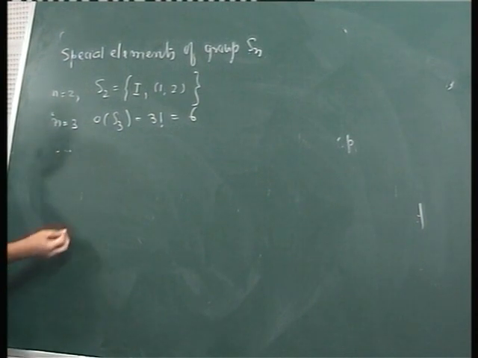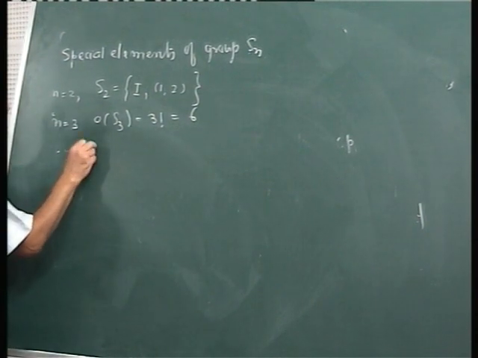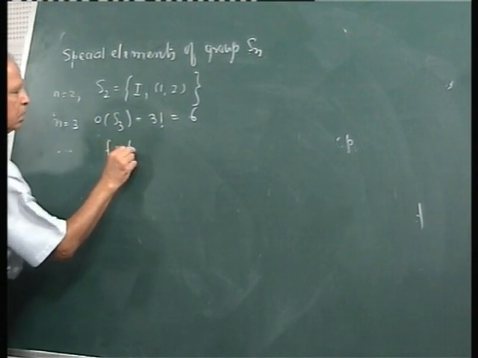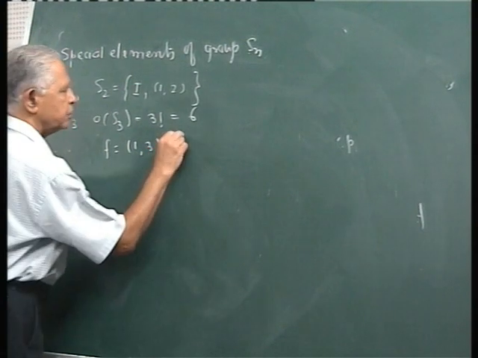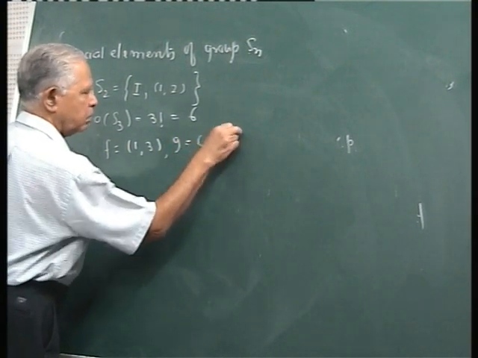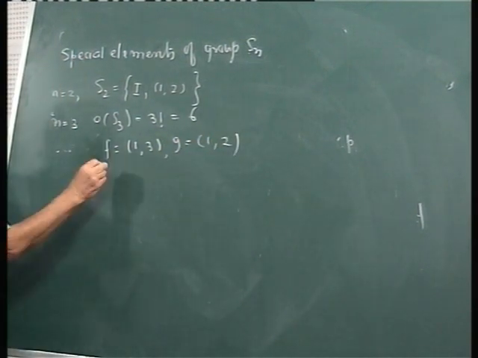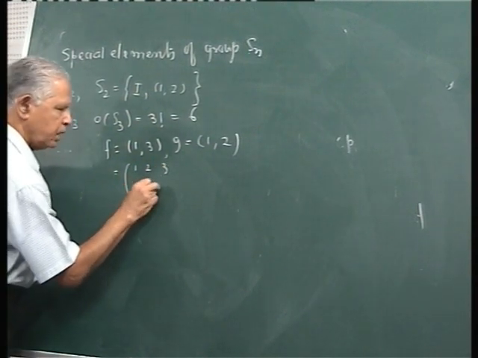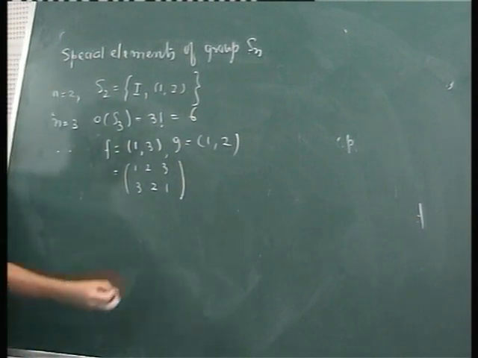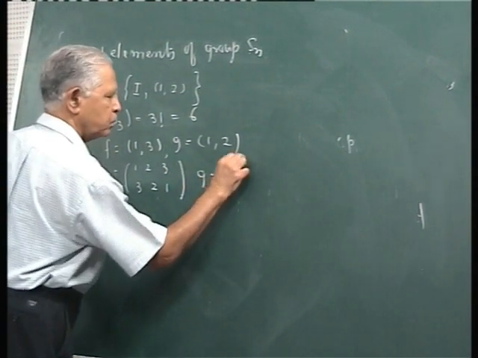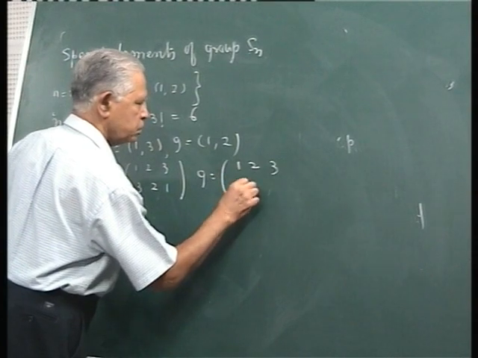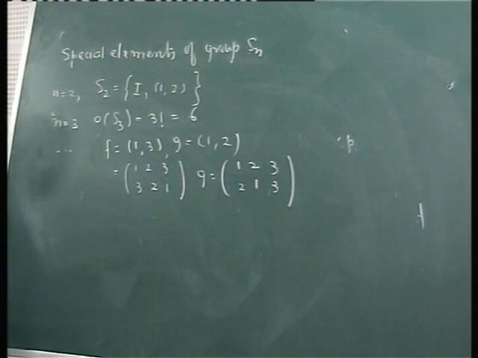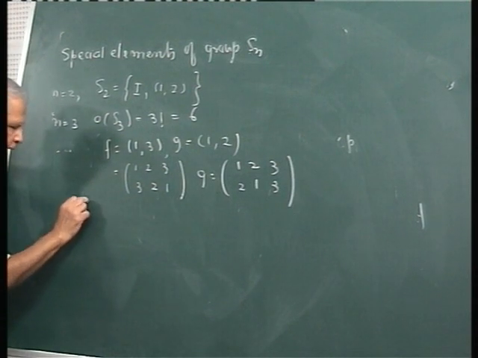And now let us take these two elements. F is equal to (1 3) and G is equal to (1 2). That means actually what we are doing is this: 1, 2, 3, where 1 goes to 3, 3 goes to 1 and 2 goes to 2. And what is G? G is 1, 2, 3, where 1 goes to 2, 2 goes to 1 and 3 goes to 3. Now if we take G composition F